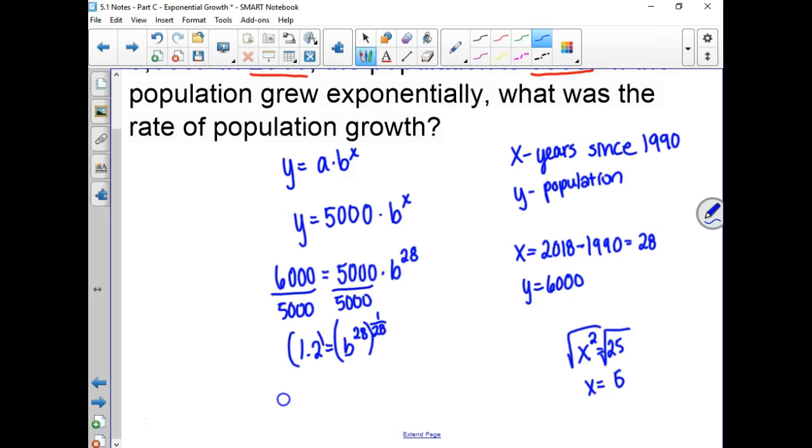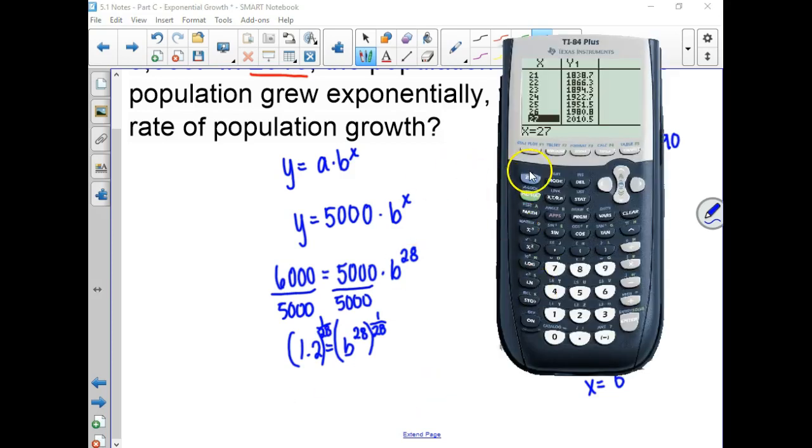We will learn more about that in the next section. Right now, just take my word for it that that works. So we've got 1.2. We'll hit the 2 the key. Make sure you put parentheses around your 1 over 28. So when we do that, we get